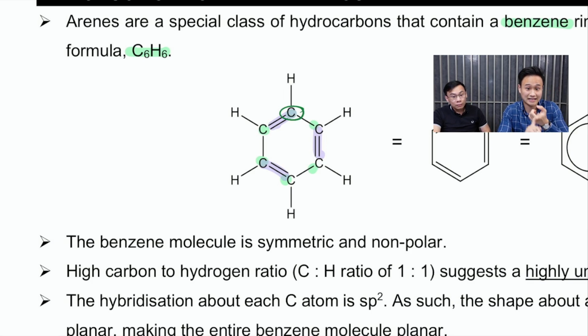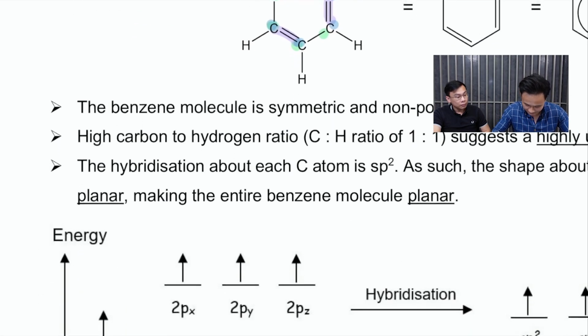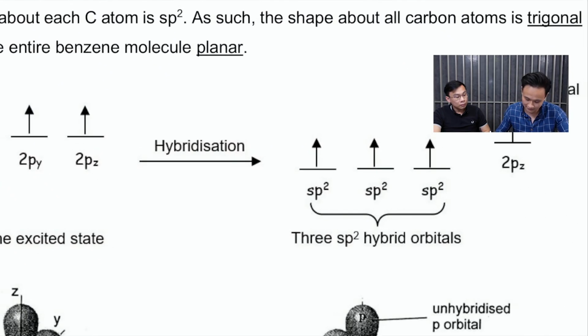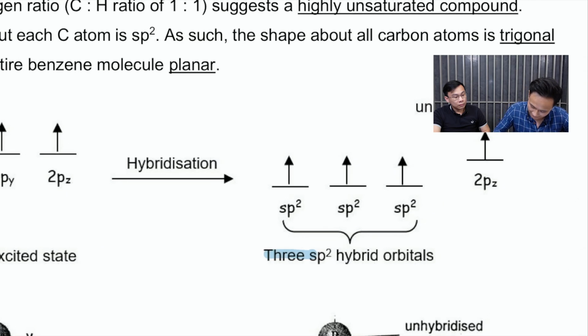So here's the thing, each of the carbon atoms is sp2 hybridized, they're all identical, okay guys? Now, I hope you guys can remember, if you're sp2 hybridized, it means you have 3 sp2 hybrid orbitals. Now here's the thing, listen in, this is the part that's important, right? You have this 2p unhybridized orbital. Now Yap Chen, can you just tell me why is that 2p so crucial?